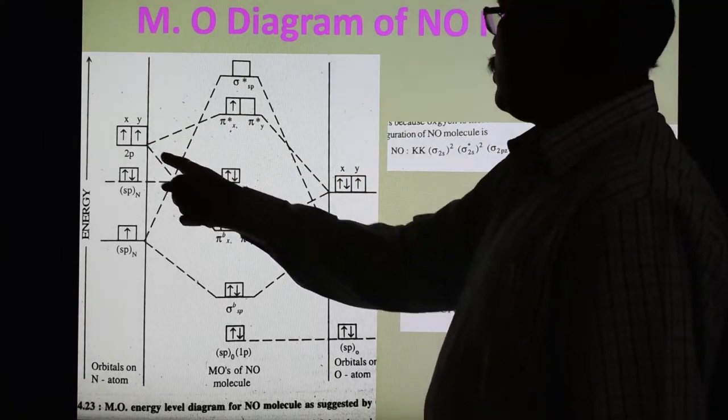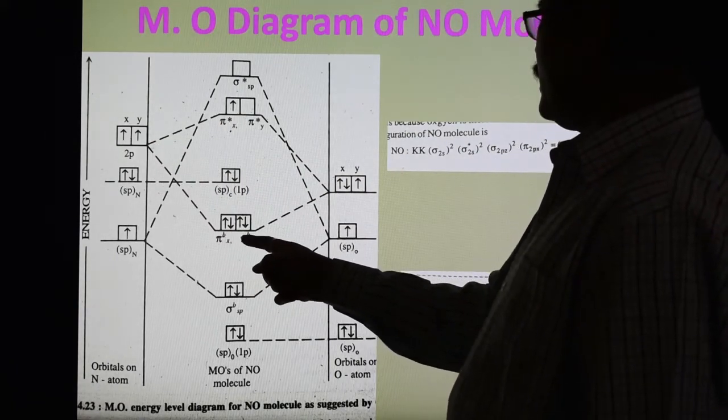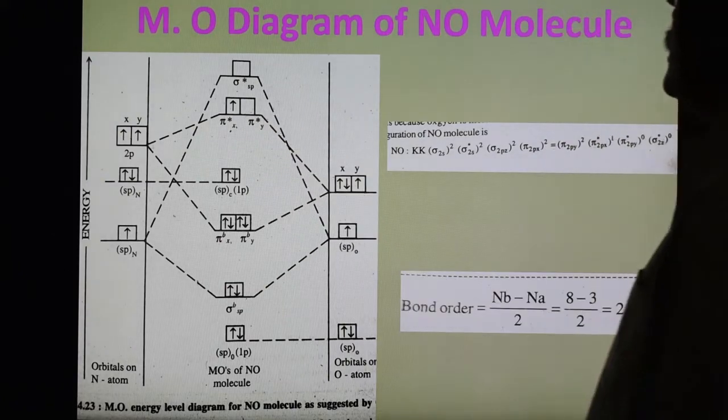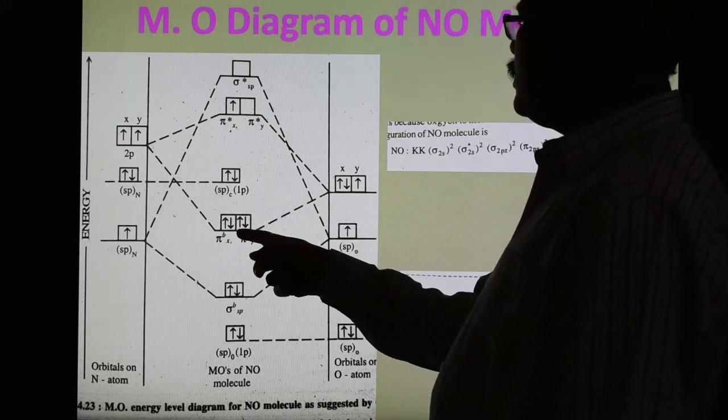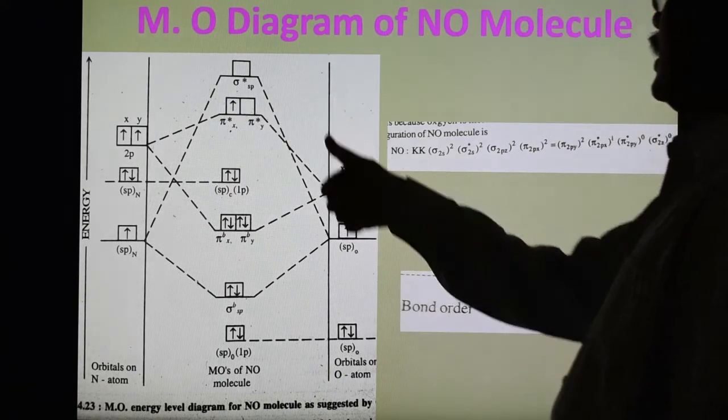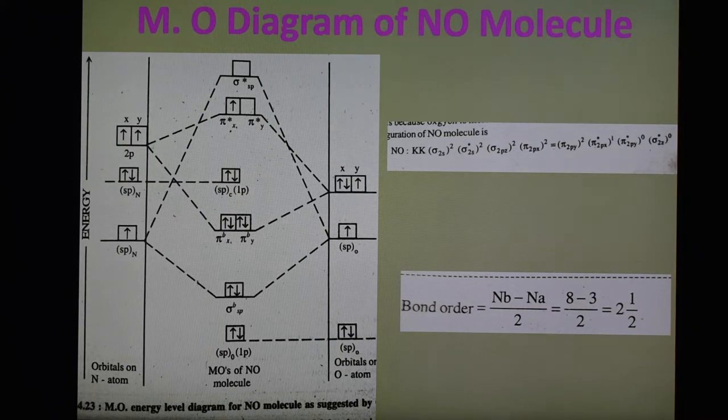So this orbital overlap forms pi x and pi y and pi star x and pi star y bonding and antibonding molecular orbitals. The distribution of electrons: a total of 5 are there, 4 are going into the lower energy orbitals and the remaining 1 electron goes to the higher energy orbital. The presence of 1 unpaired electron in the pi star x orbital indicates that this molecule is paramagnetic in nature. So this NO molecule is paramagnetic because of the presence of 1 unpaired electron in the pi star 2px orbital, and on the basis of that it is also possible to write the